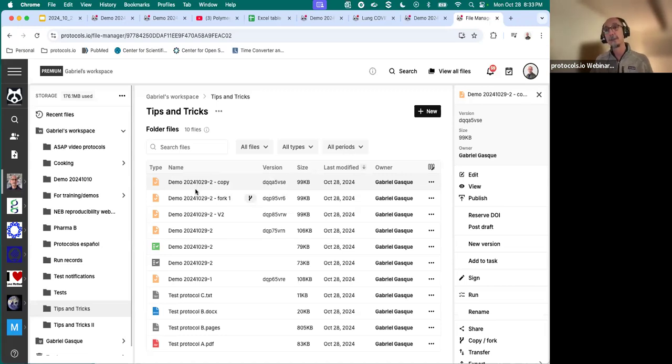Now let's talk about collection. If you want to submit several protocols as part of a single manuscript, for example, you can create a collection and publish the collection, and the collection will receive a DOI independently of the DOIs of each individual protocol in that collection. To create a collection, you select the New button,